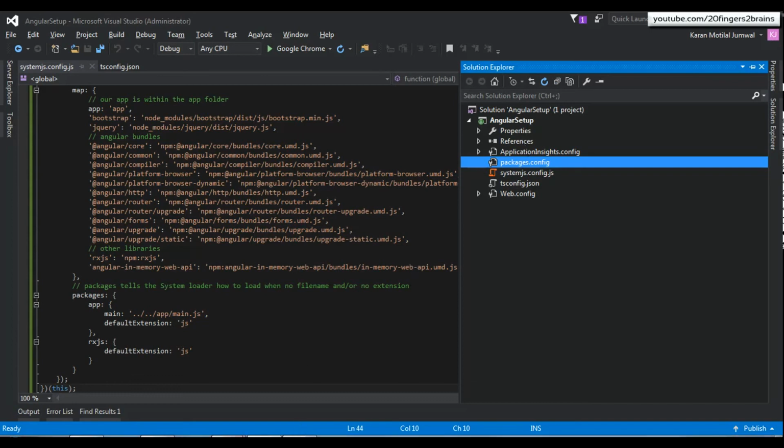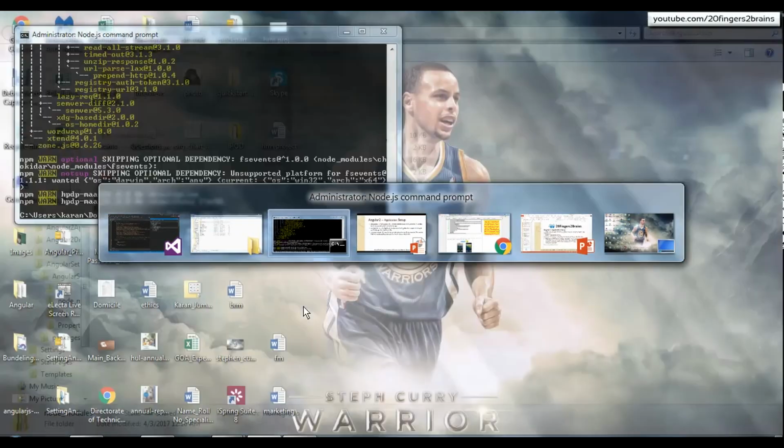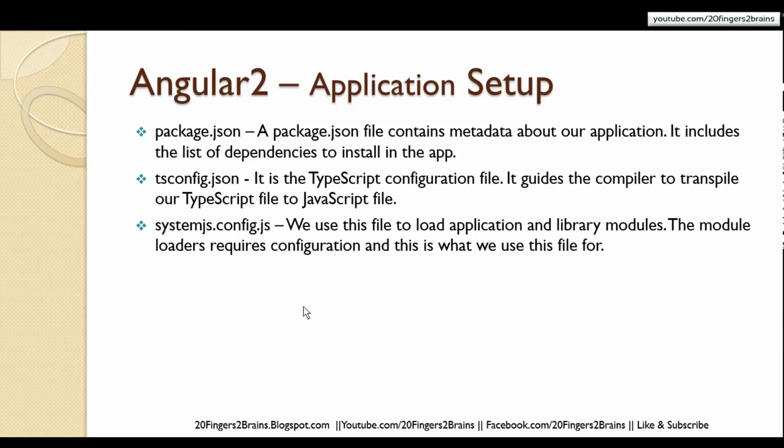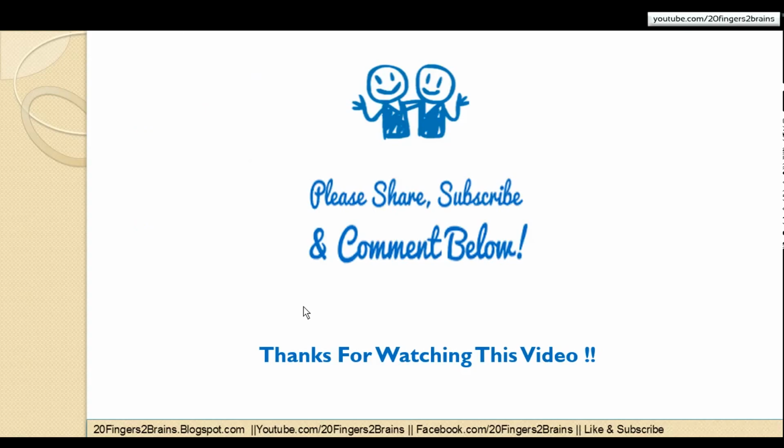So this is how we have achieved the application setup for Angular 2 application, and once the Angular